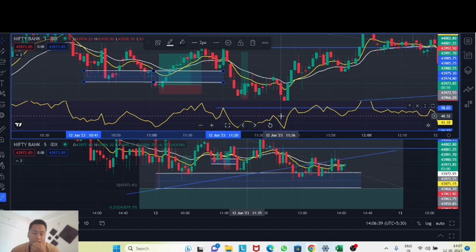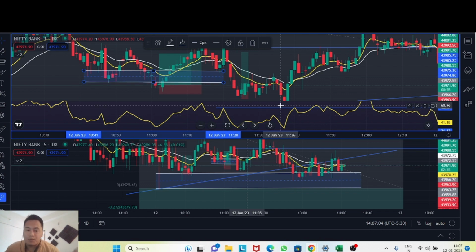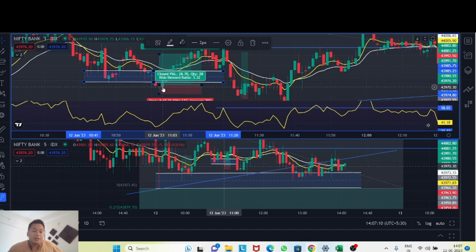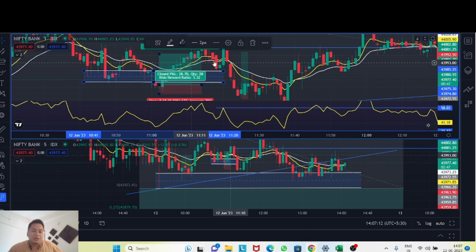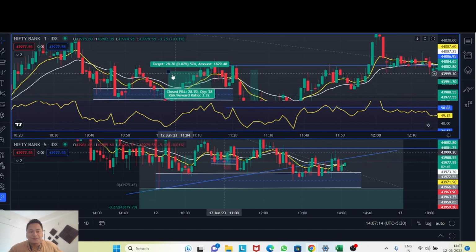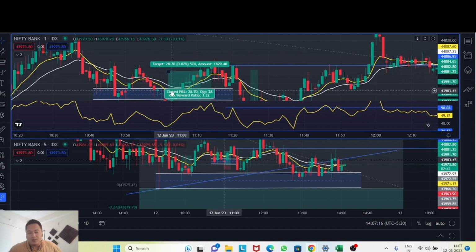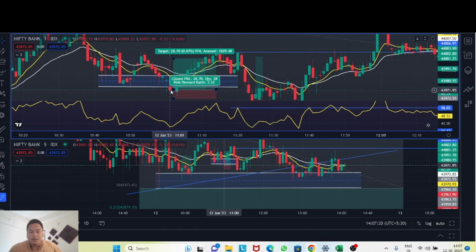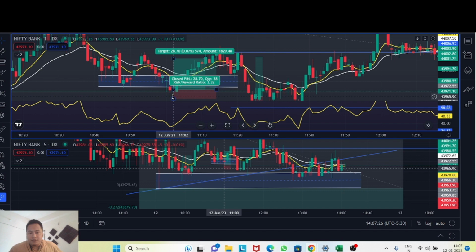And wherever the liquidity is, the bank, the operator, the institution, whatever you want to call them, they would bring the market up in order to grab the liquidity. So as you can see here, it was beautifully grabbed by the operators. They make everybody enter here, and on the next candle they formed a green candle.